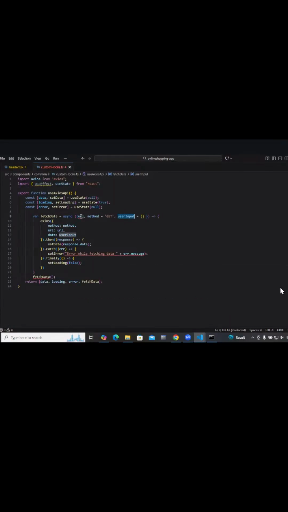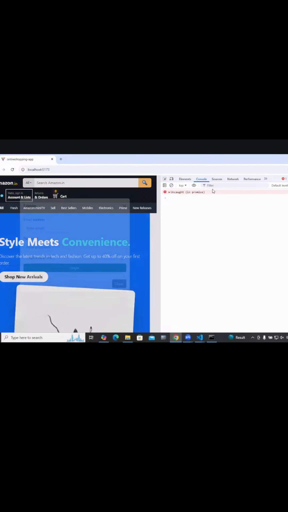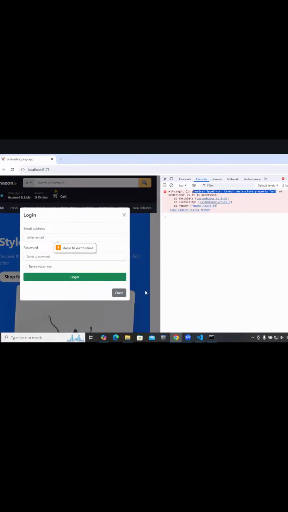Binding element URL implicitly has any type. I don't bother. Cannot destructure property URL of undefined as it is undefined.